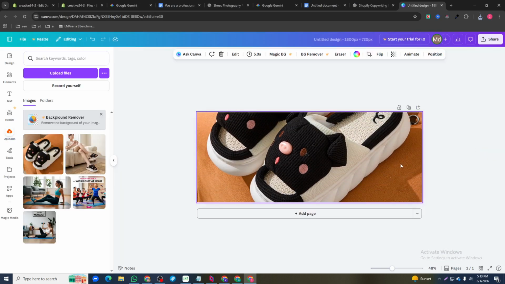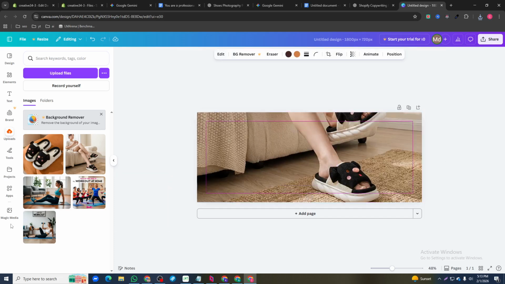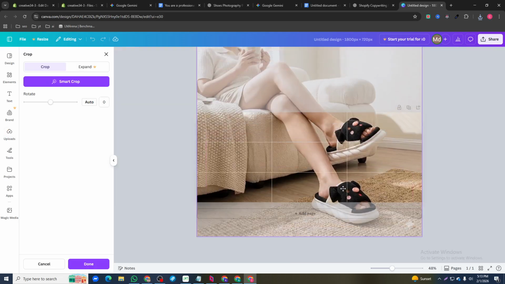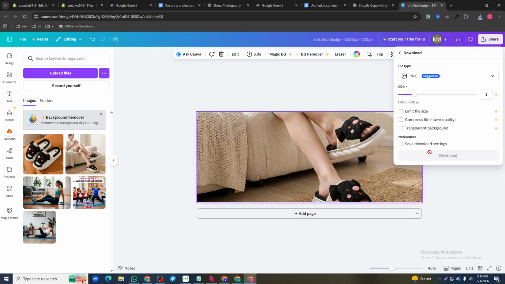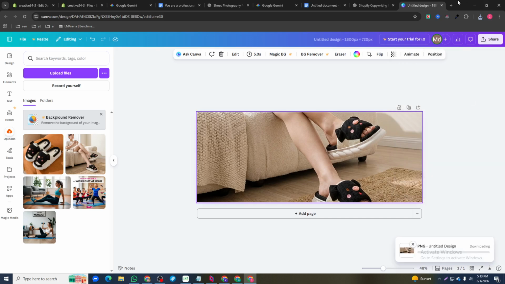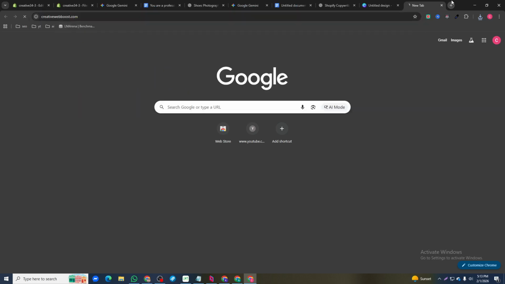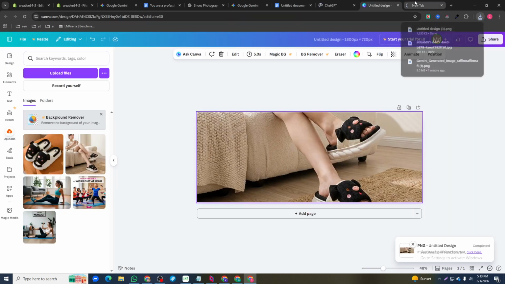Okay, I'm going to click this bottom one, so that people can exactly see someone actually wearing our product. That's the main thing. So I'm going to click the download. We can do it better, but this is only to show you. Whenever you come to my website and contact me, then we will make it better.